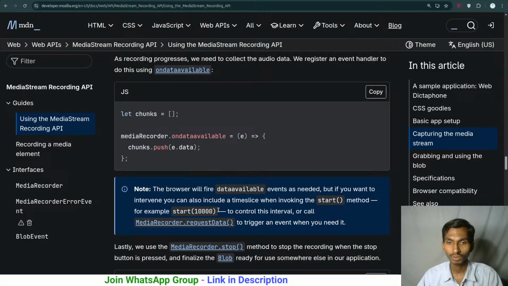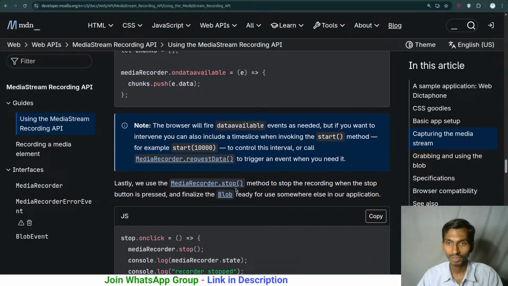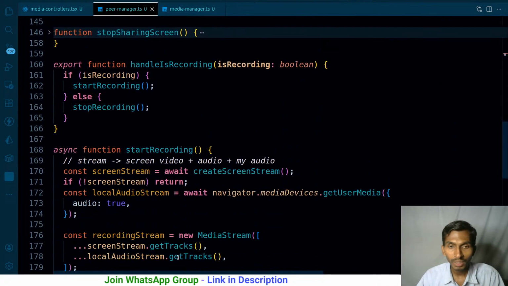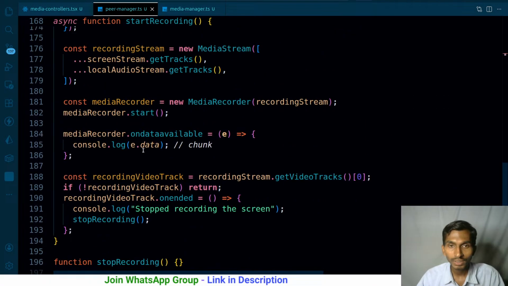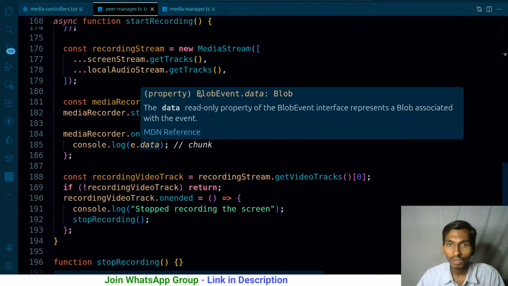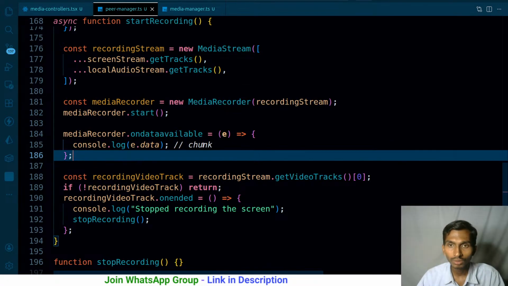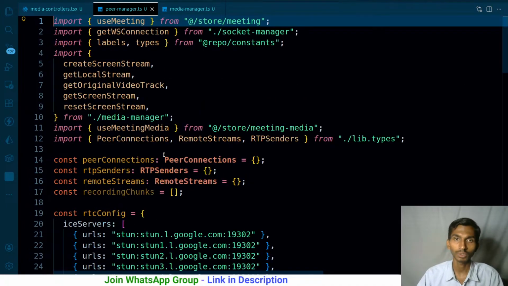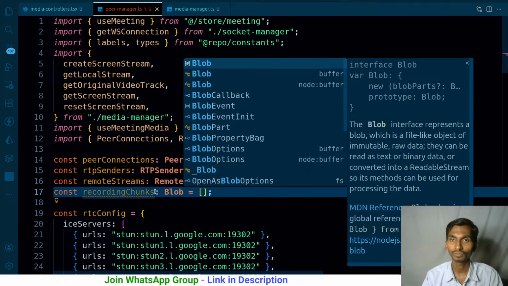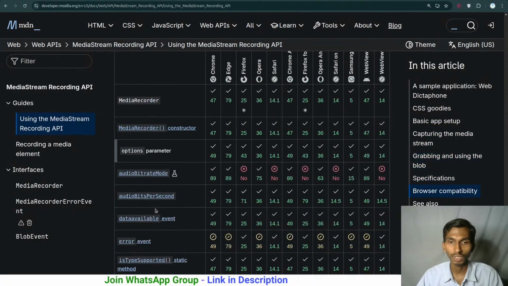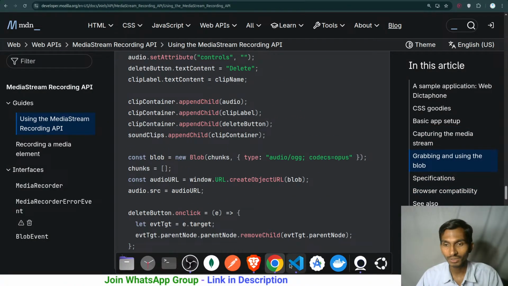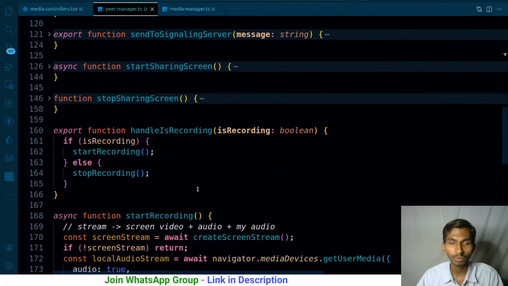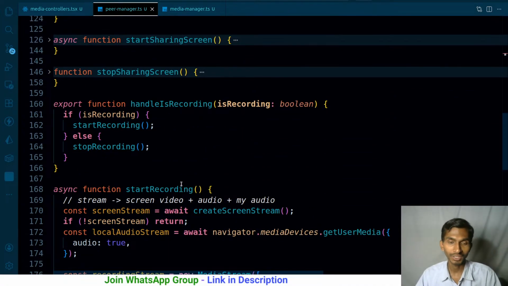What is the type of this? The type hasn't been mentioned here. What is the type of this data? I think that is Blob. The type of this data itself is nothing but a Blob. So let me go at the top. Hopefully this is gonna be right. If it is not right, of course we will get the error here. So what I think, Blob, and hopefully this is gonna be fine. I'm not sure about this particular thing, I just guessed it here. Otherwise definitely we will get an error, because we are using TypeScript. TypeScript will not allow any wrong thing.